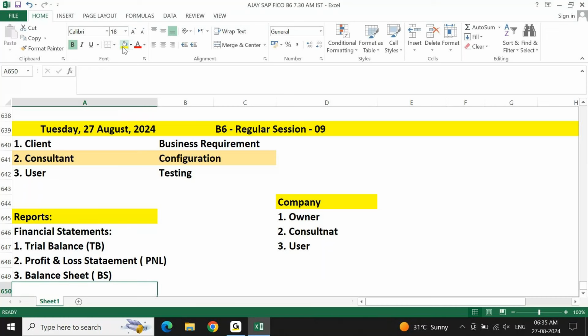In short, if you're talking about any organization, if you're talking about any company, please make sure you are able to understand, you are able to think from a perspective of trial balance, P&L, and then balance sheet. Think that you are able to understand from the TB point of view, P&L point of view, balance sheet point of view. These three are very, very important.